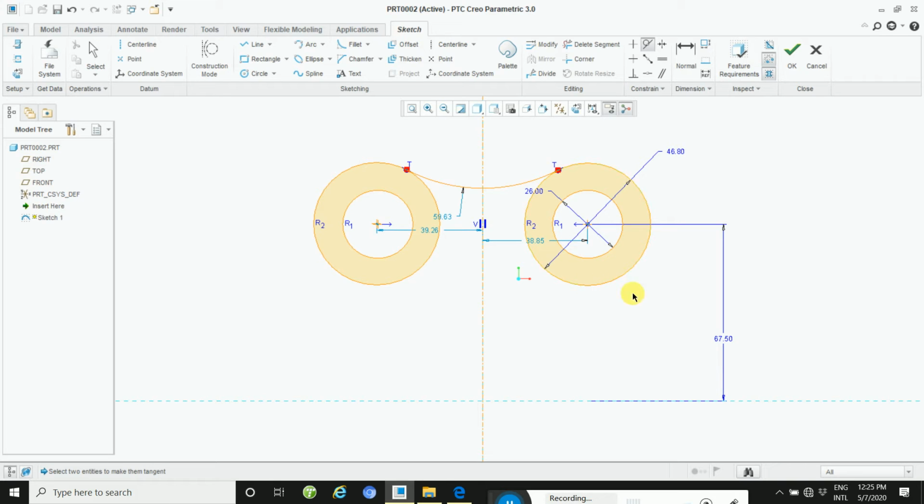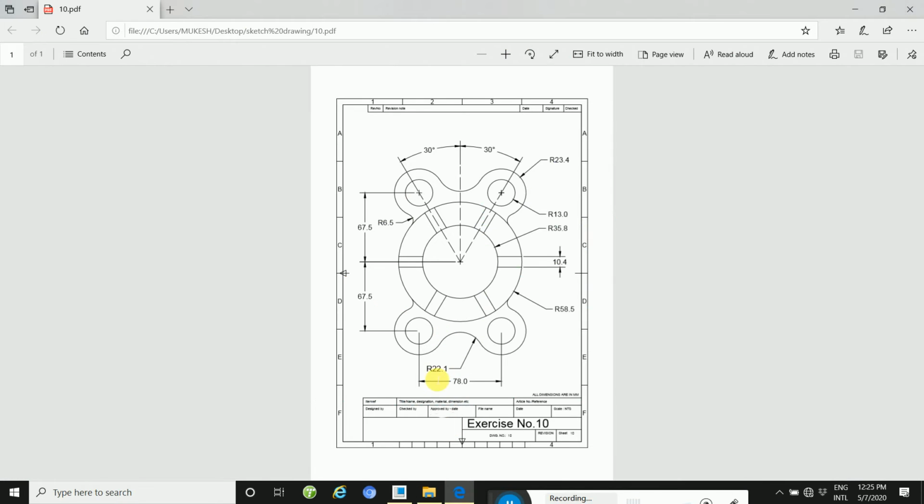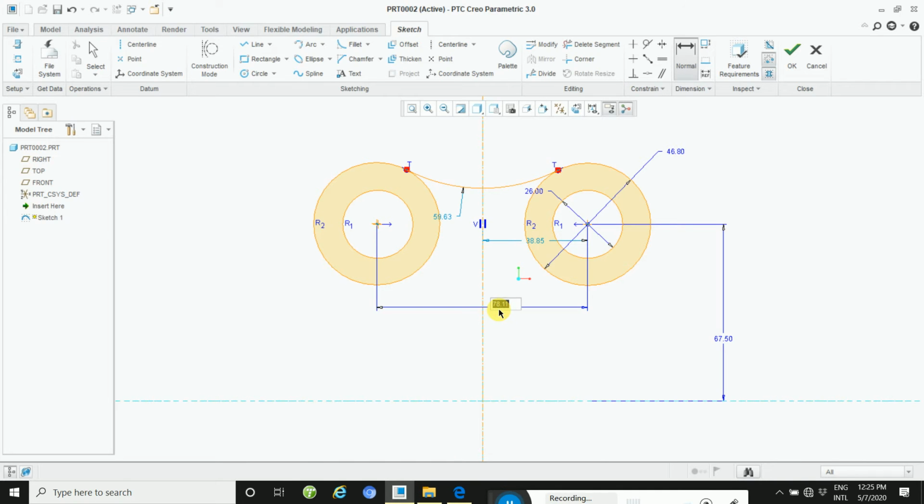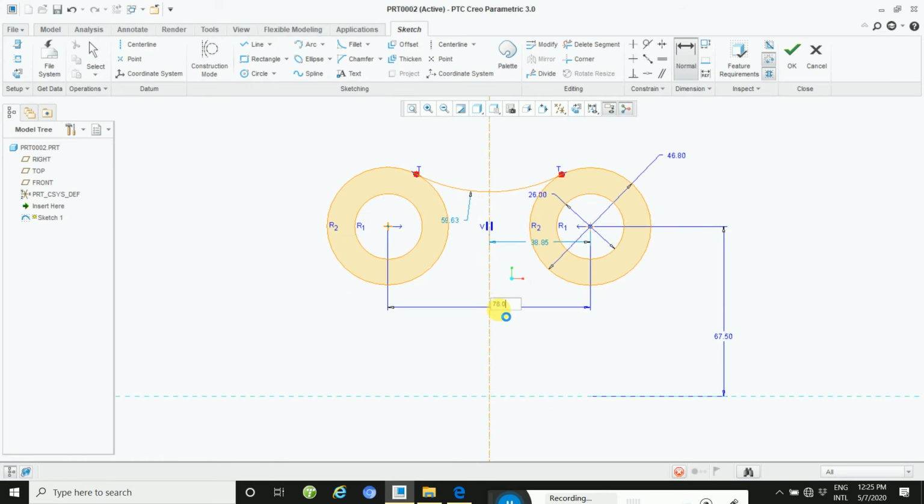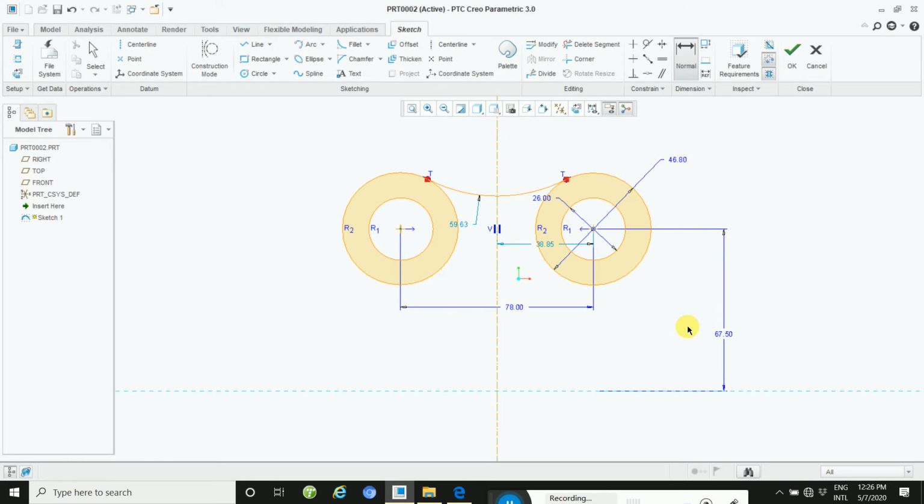This both circle distance is here to here, this point. The center distance is 78, so take 78.0. And the height is 67.5.